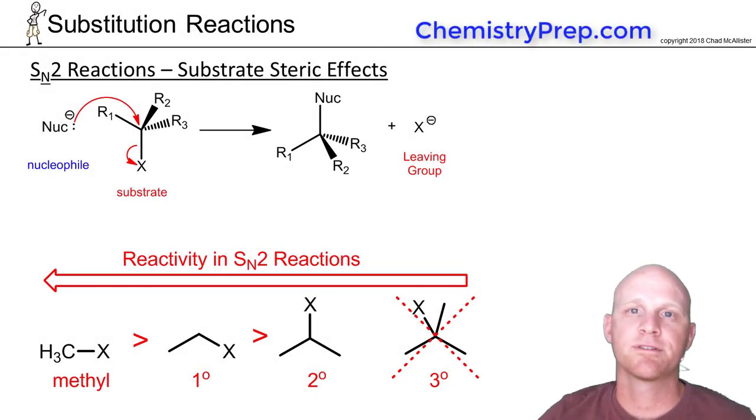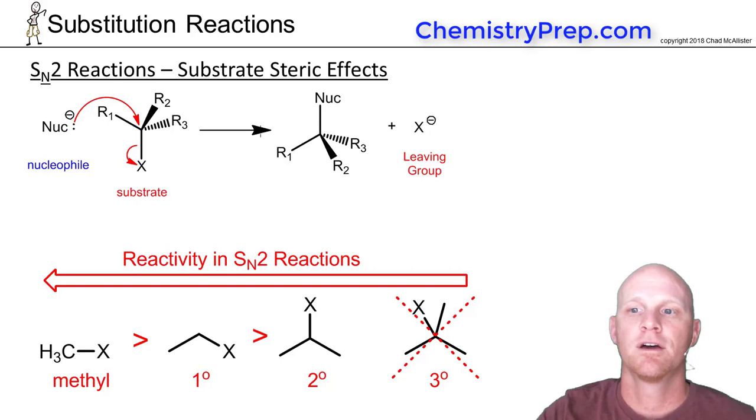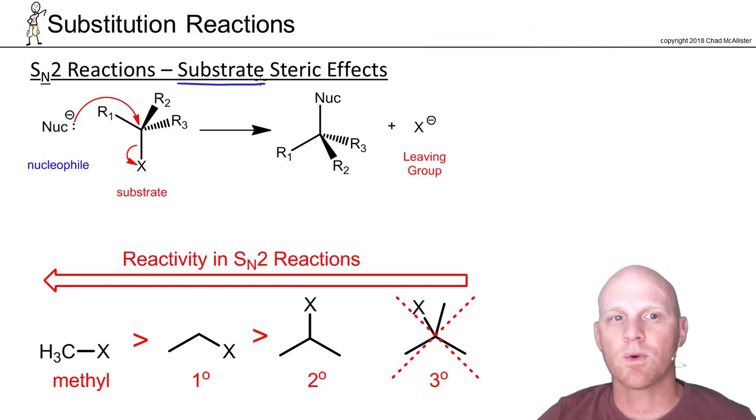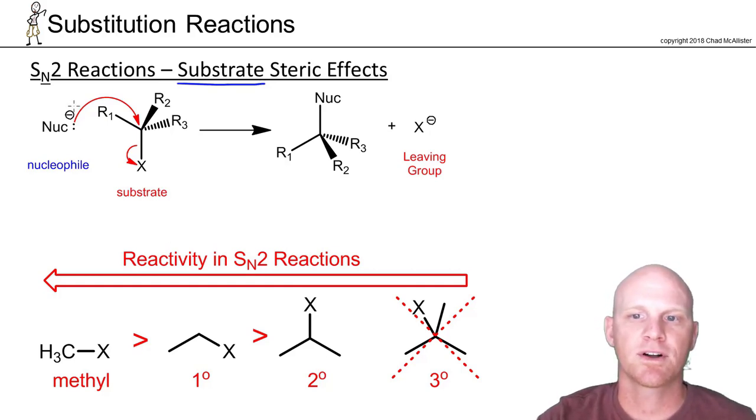Now we want to take a look at some of the factors affecting SN2 reactions. The first thing we'll zero in on is the substrate. If you recall, I said when you think SN2, I want you to think backside attack. And so the structure of the substrate is going to matter here. When this nucleophile comes in to do backside attack, he's got to squeeze in between these three groups labeled